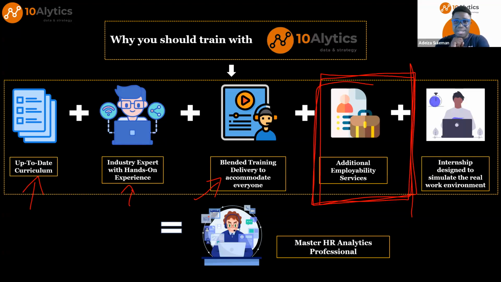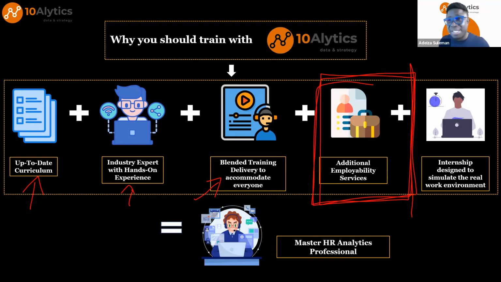And for HR professionals that might be on the call today, apart from the technical skill, which usually would fall within the competency-based questions you get during interviews, to get the interview, first of all, you need a different set of skills, not technical. Okay? And this is why people struggle to get jobs.